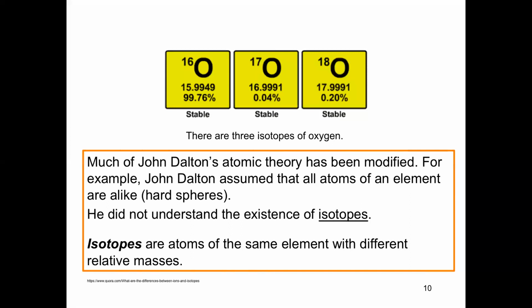First of all, Dalton said that matter is composed of extremely small particles called atoms, and that goes right back to what we were saying before. The other idea is that atoms of a given element are alike and differ from the atoms of any other element. That was where he was a little off. So that depends, except for isotopes, I wrote down in my notes, and we will talk about those later. Compounds are formed when atoms of different elements combine in fixed proportions, and a chemical reaction involves the rearrangement of these atoms.